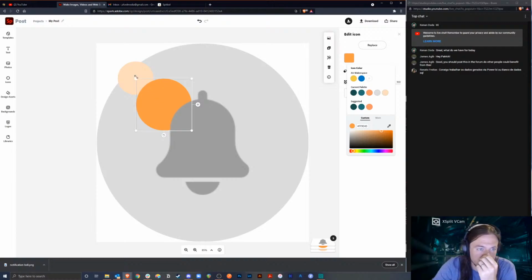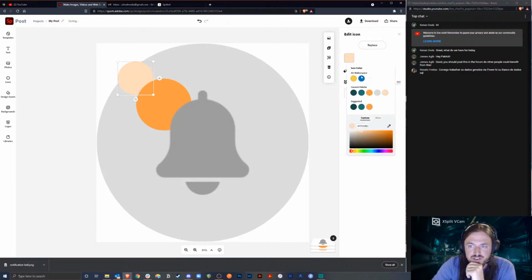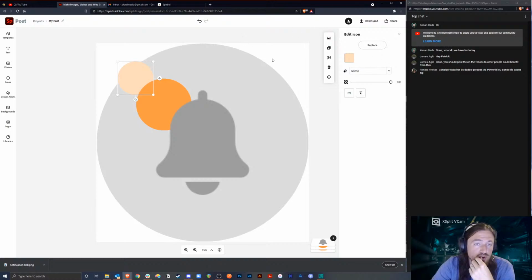So the other cool thing about Spark is that you can create color palettes for different projects. Like you can see, I have some palettes here, and if you have the pro version, I should say, you can make custom palettes for certain brands. So if you're an app developer and you make lots of these apps, Spark is helpful because you can organize all of that right there in Spark, and you don't have to keep track of a style guide or anything like that. You can just look at those